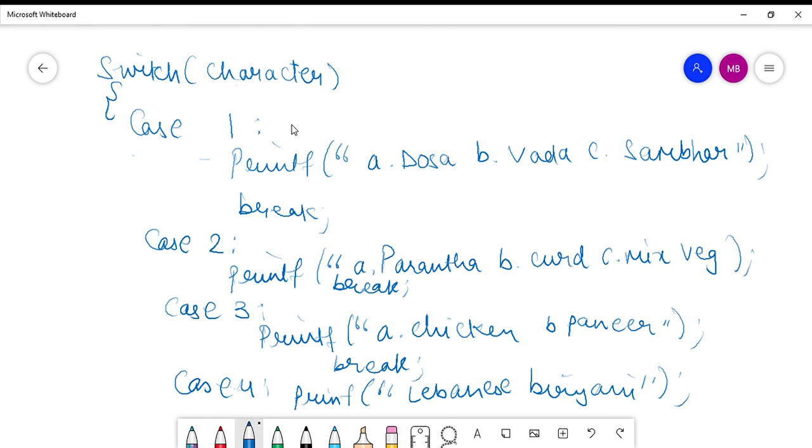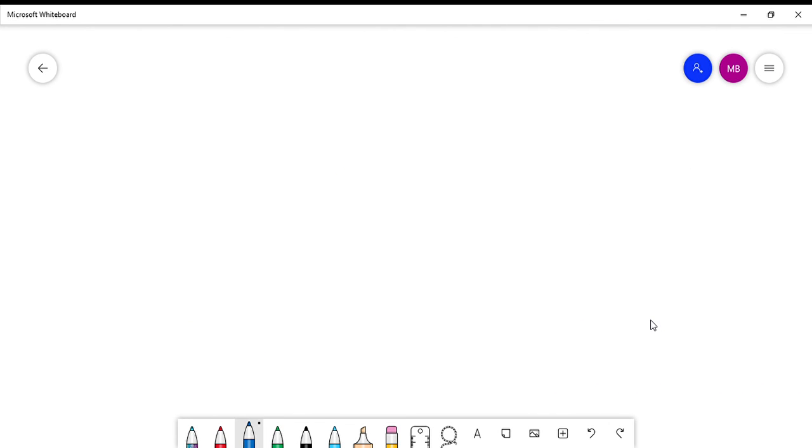Now these are the 4 valid cases that a user can select. It may be possible that the user does not select anything or enters an invalid choice. Say for example, instead of 1, 2, 3, 4, he enters 5, which does not exist in my menu. So for that I have a case which is known as the default case.